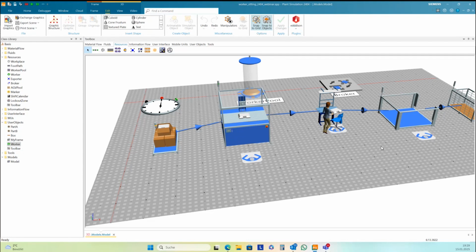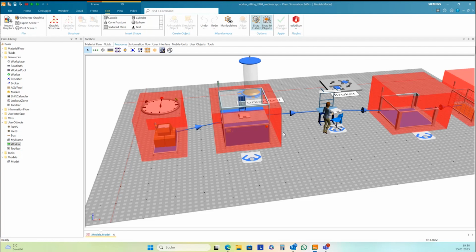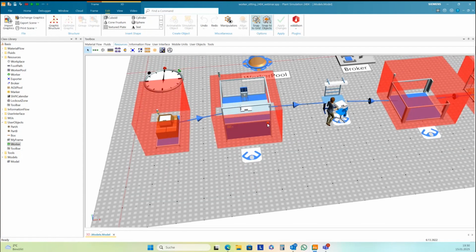For obstacles, you need that the worker does not cross through the objects, and for the object itself, you can define different kinds of obstacles. If you press O, you see here there's an obstacle. It's a default distance between the edges of this graphic and the edges of the obstacle.